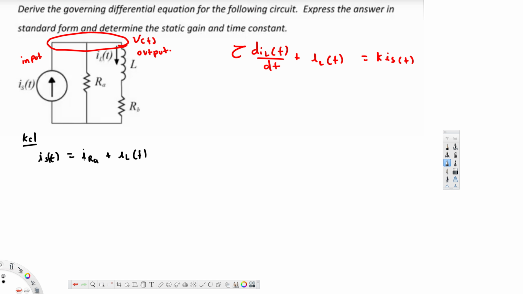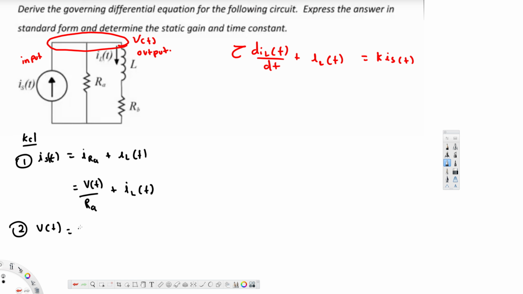and for the current through the resistor we can use Ohm's law, and Ohm's law says current is equal to voltage over resistance, so we can represent this one as v(t) over RA, and this one we can just leave like this, iL(t). And also if you take the voltage across the inductor in series with the resistor RB, we can create another equation. Let's call this one equation 1,